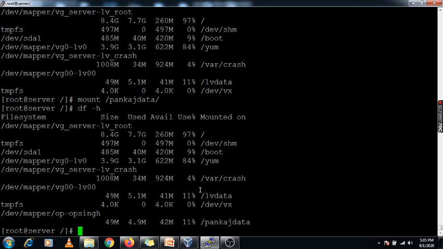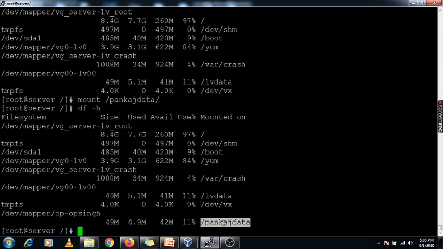Now it's reduced, meaning we have done the resizing, and the final value we gave for this file system, the size is right now 50 MB for this mount point. So this is the command we can use to extend the LV and reduce the LV.